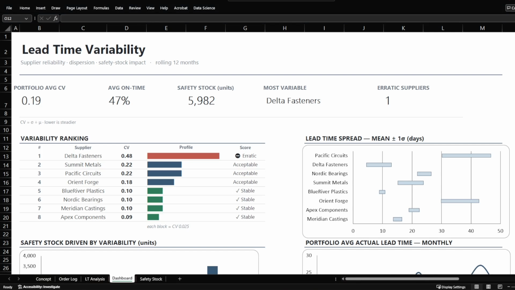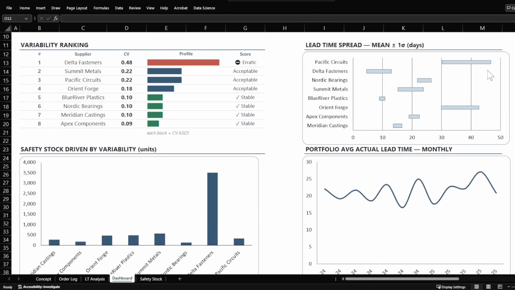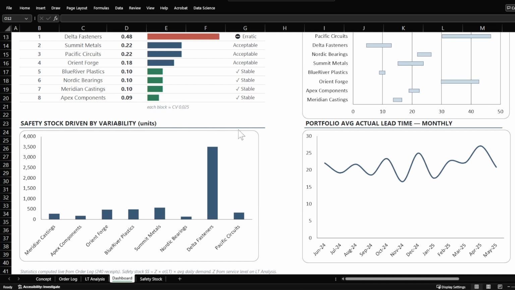Today we are going to discuss lead time variability, how you can calculate it, and what its impact is on the safety stock. You can also check the ranking of your suppliers as per their lead time variability. You can score them, like whether the supplier is erratic, acceptable or stable. You can check the spread of their lead time deliveries, see who is more consistent, and see how the safety stock is driven by this variability against each supplier, and your average actual lead time across your portfolio you